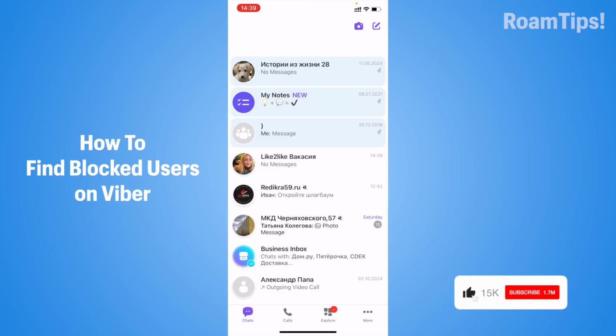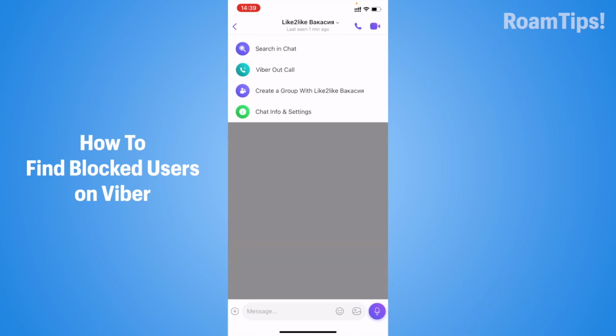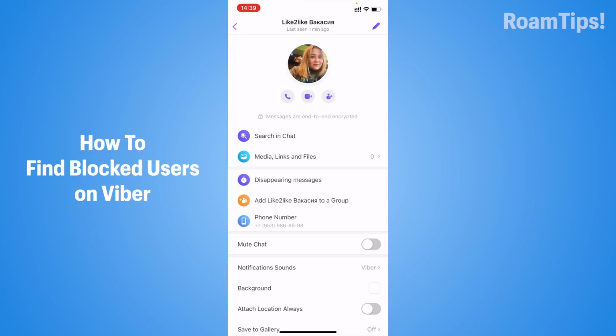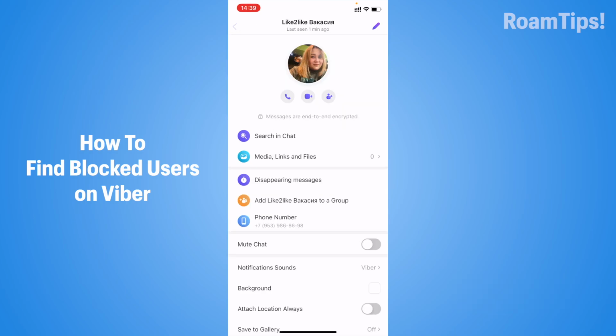Alright, click on back and chat info and settings and click on right corner pencil and block. Alright, click on cancel, click on save, back,